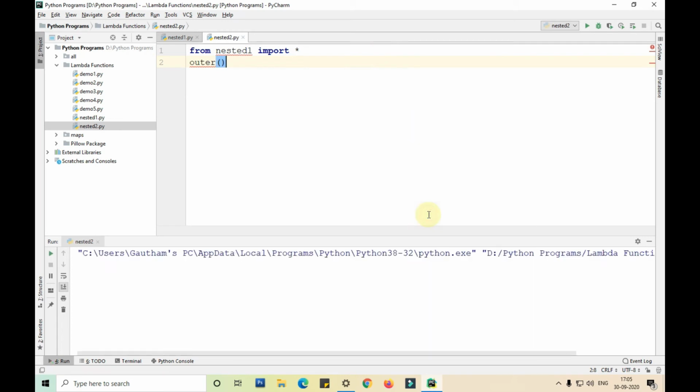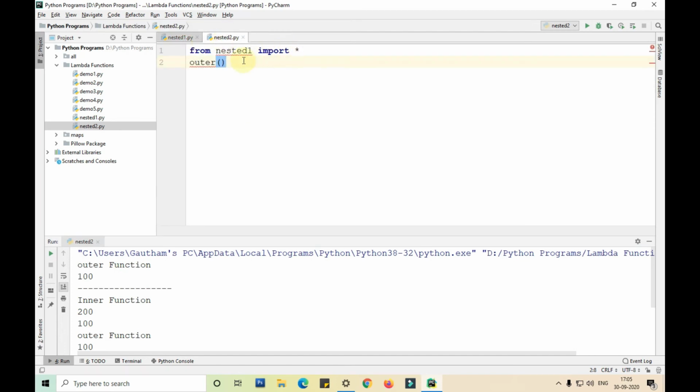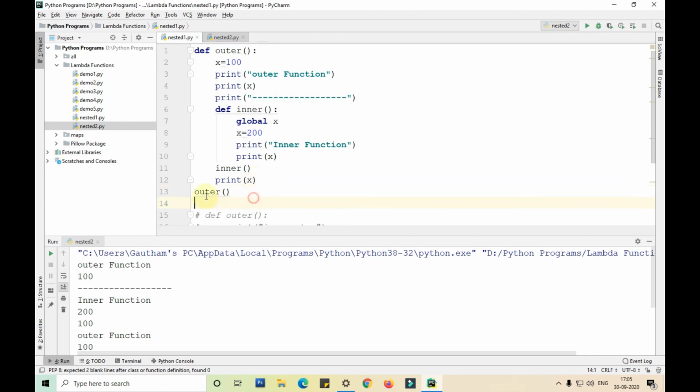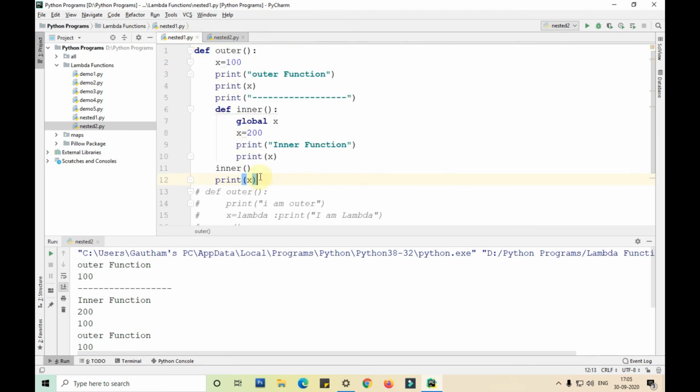Since we are importing everything from this, we also import outer. From nested1 import outer, so I'm importing the outer function and calling it here.